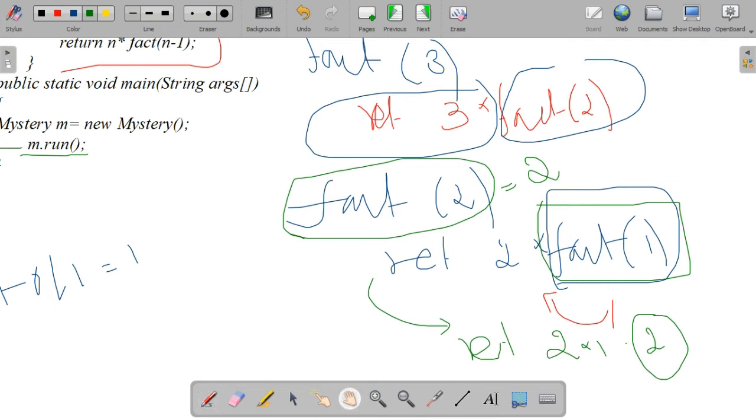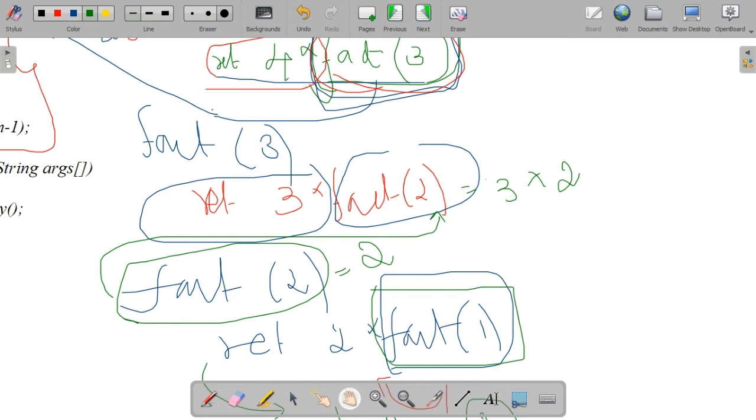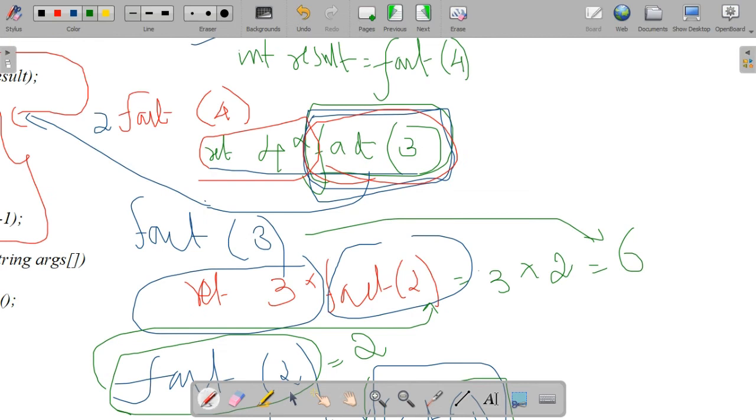So it has now finished, and we pick up where we left off at return here. That means fact of 2 is completed and it has the value 2. So the control will go back here, and we just write 3 into fact of 2 equal to 2. So that is the value of this one.